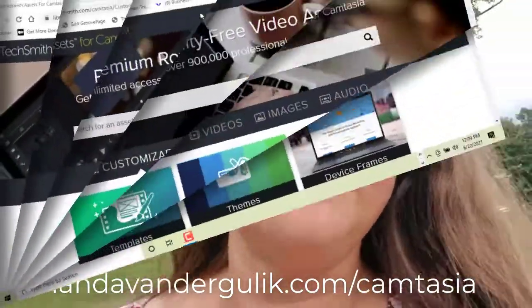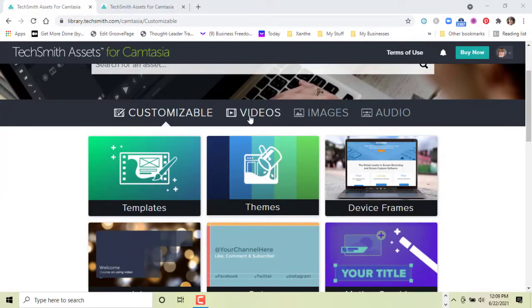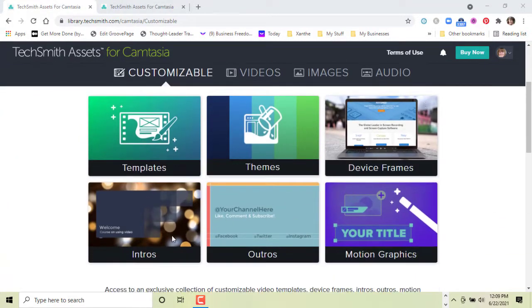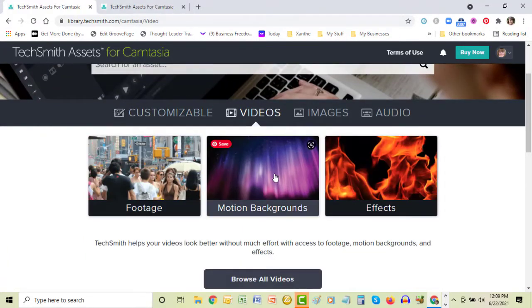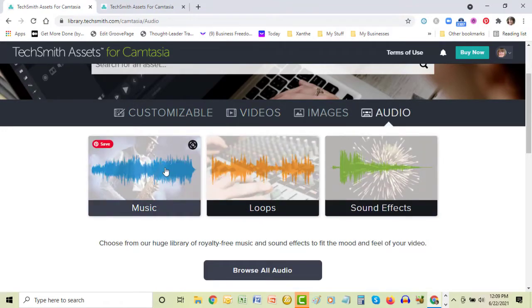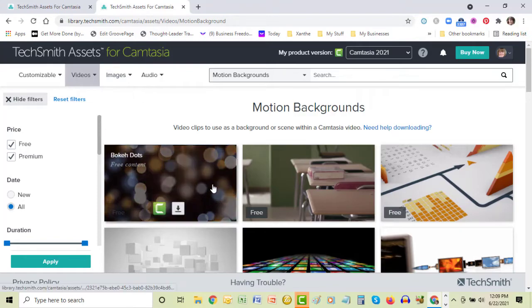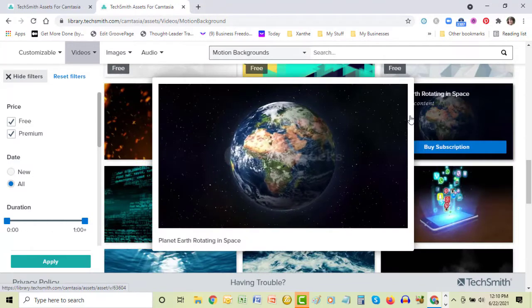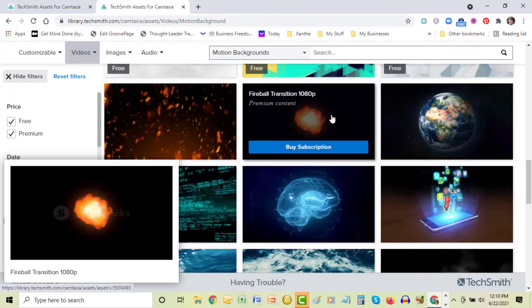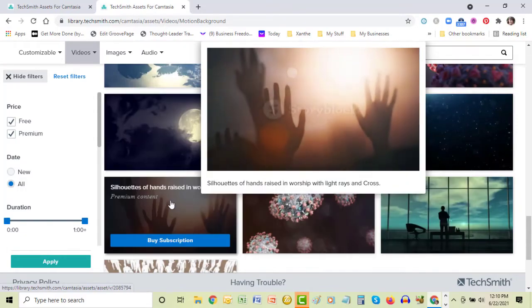And another really cool thing that they have, it's an add-on called the Camtasia Assets. If you need B-roll, which is where you add interesting video footage that represents the content marketing that you're working on, then they've got videos you can use, and music that's royalty free, so you're not going to get any copyright infringements or anything like that. I highly recommend that. If you don't have the time or the skills to create your own B-roll, it will make your videos so much more entertaining and interesting. I hope that bonus tip is also helpful for you.